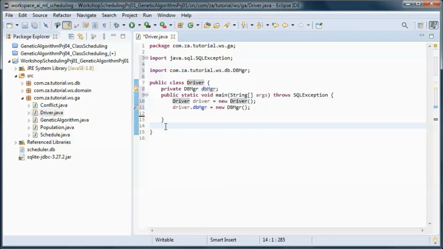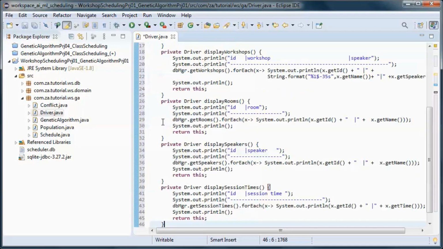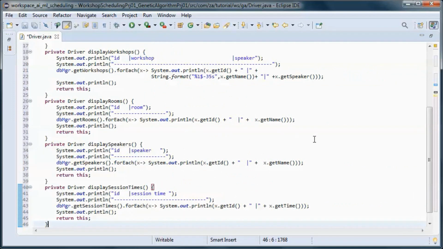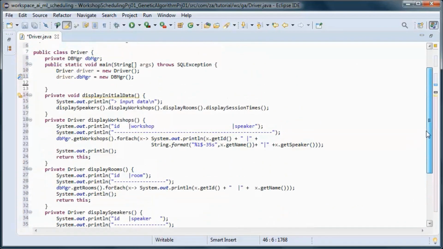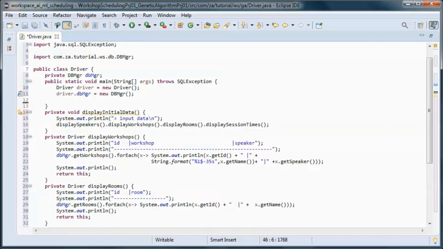And this code will display the initial data coming from the database. So we will call this method from here.